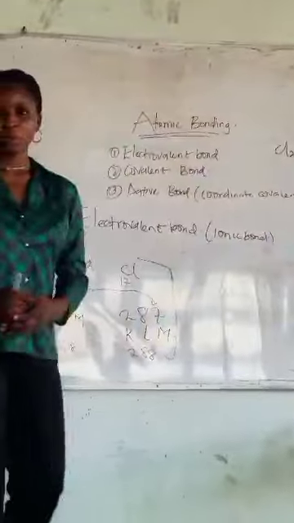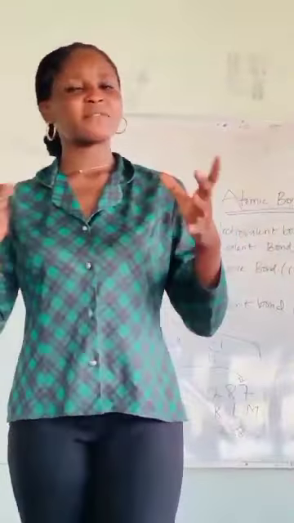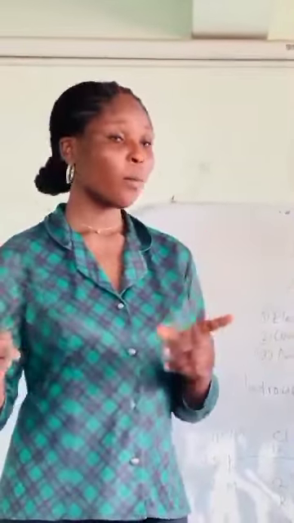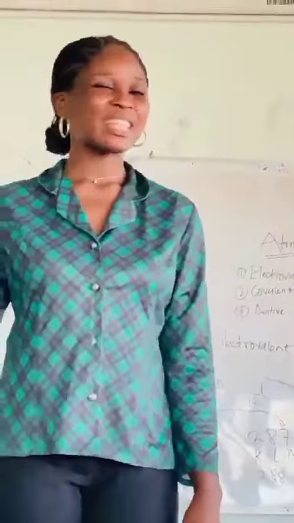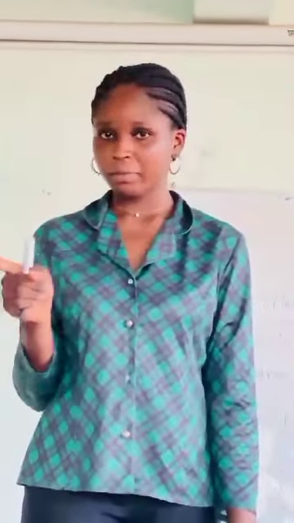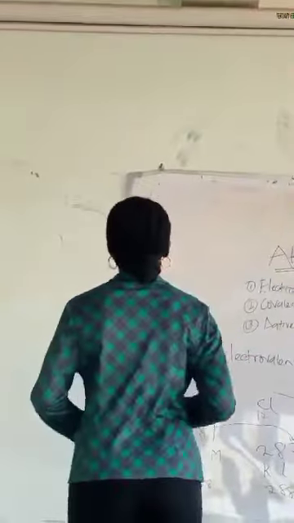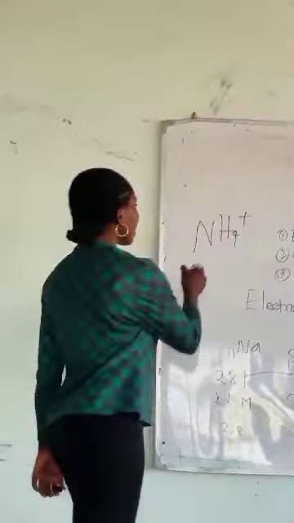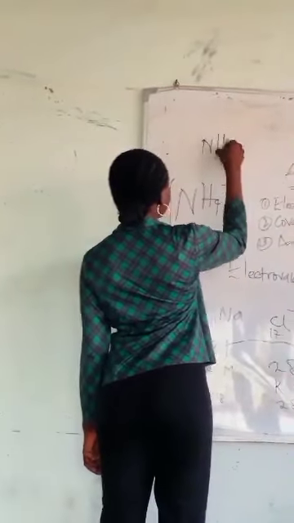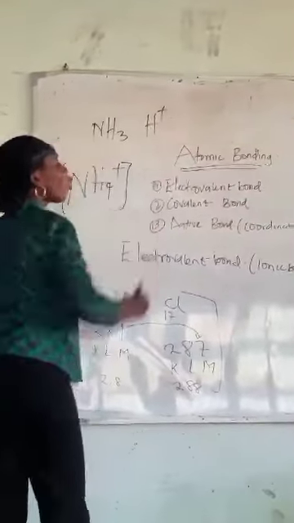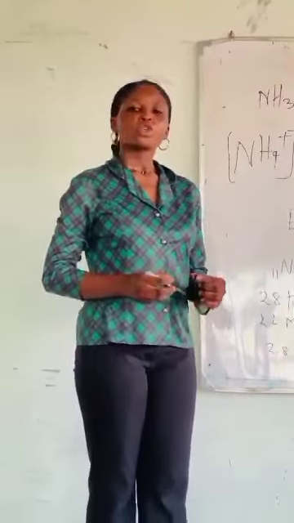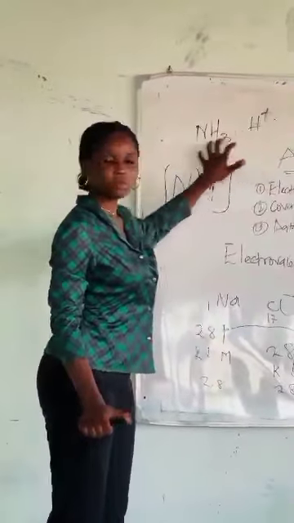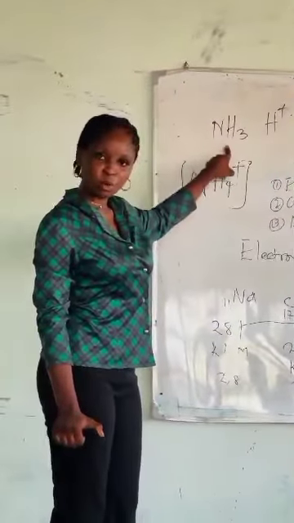However, the dative bond, which we also call the coordinate covalent bond, is a different type of bond. Not that different per se, but it also involves sharing of electrons. But only one of the participating atoms will donate the electron for both to share. This is it. If you have an example like ammonium, NH4 positive, for this ammonium to form a bond, ammonia and hydrogen will combine together. But these two will not donate electrons for each other. However, one of the participating atoms will donate electrons for